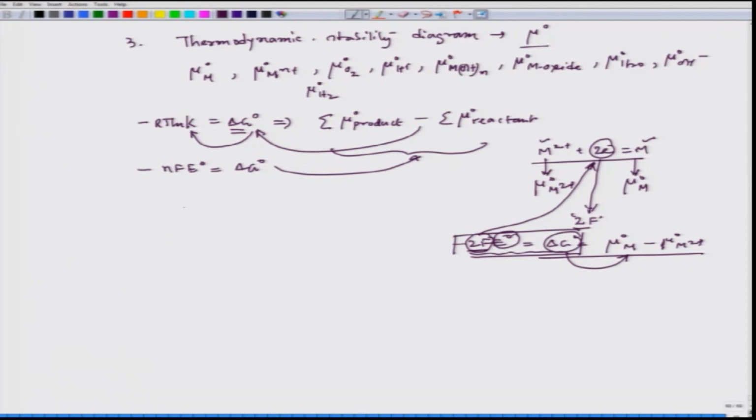So, we see that these are all thermodynamic data, and these thermodynamic data will be used to find out the reaction equilibrium constant or the chemical potential or the standard reduction potential, and this equilibrium constant will be used for